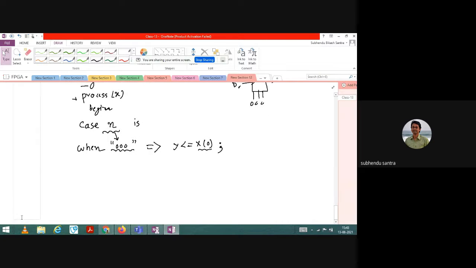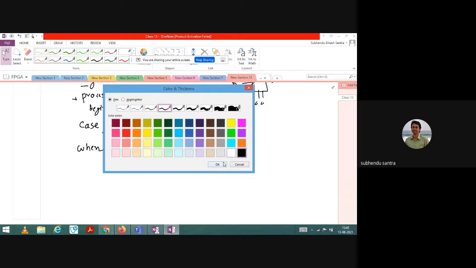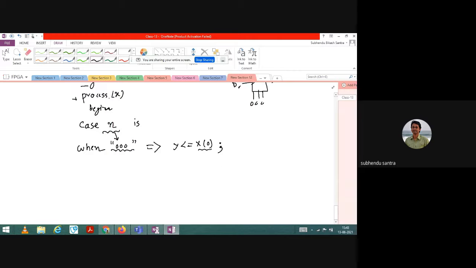And you understand why I am not taking process n, I only take process x. Because n is always initialized here. In the case structure, I am utilizing n and directly giving the value. So it is a deterministic thing. You are giving the value, and based on that you are selecting what the output should be. And x is the only variable which should be processed continuously, not n, because you are actually giving it. Understand? So that's why I am not processing n.